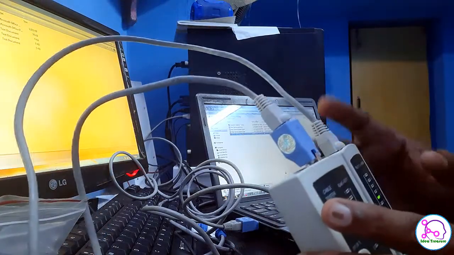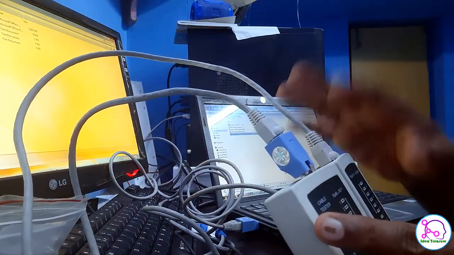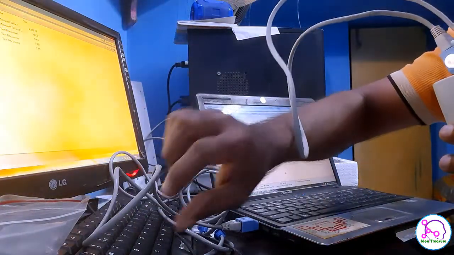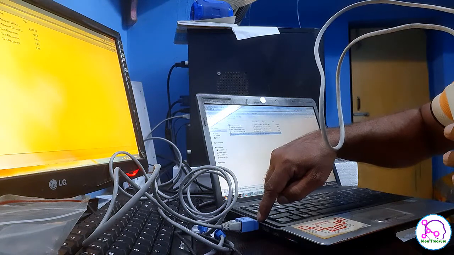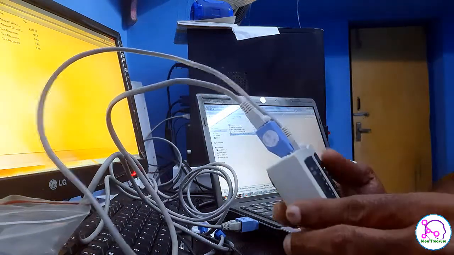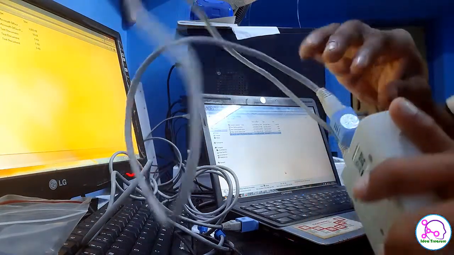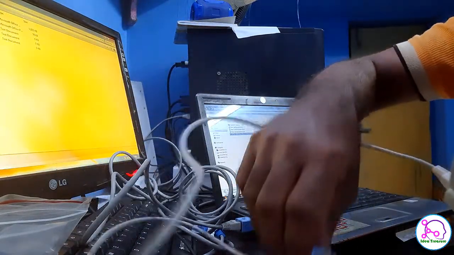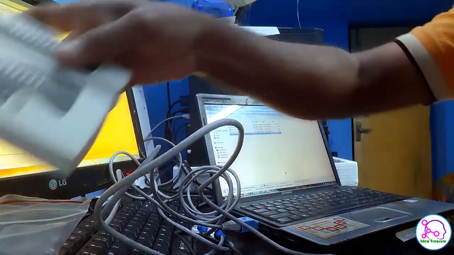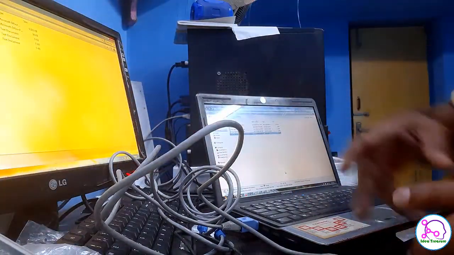You can use this cable for connecting the computers like this, what I have just connected. You can also see that I've used this adapter for connecting the computers in the crossover model. Okay, so you don't have to buy a separate crossover cable in the market. Maybe when you think of buying another crossover product, you can just think of buying this product. Maybe you can use this one for multi-purposes.